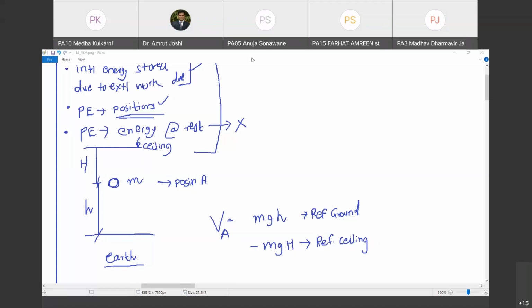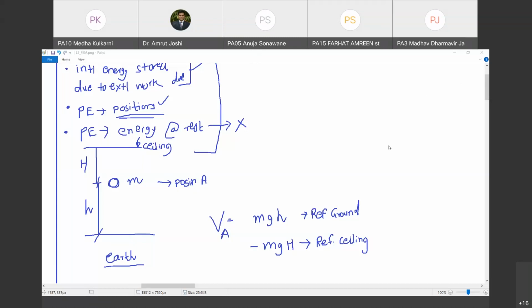We have been told that the energy doesn't have sign. It is a scalar quantity. Do you agree with me? Yes, sir. What I mean is, it is a quantity which cannot have positive or negative. Energies don't have signs. It is the amount of the potential of work that is stored in the body by definition. So what is the meaning of sign here? Are you with me? Yes, sir.